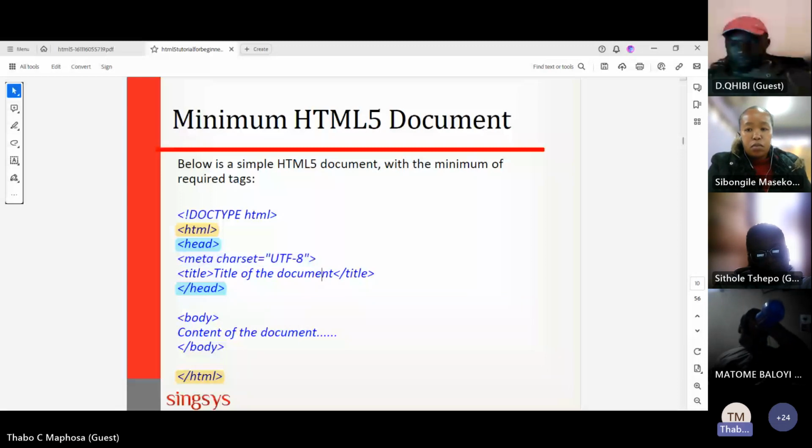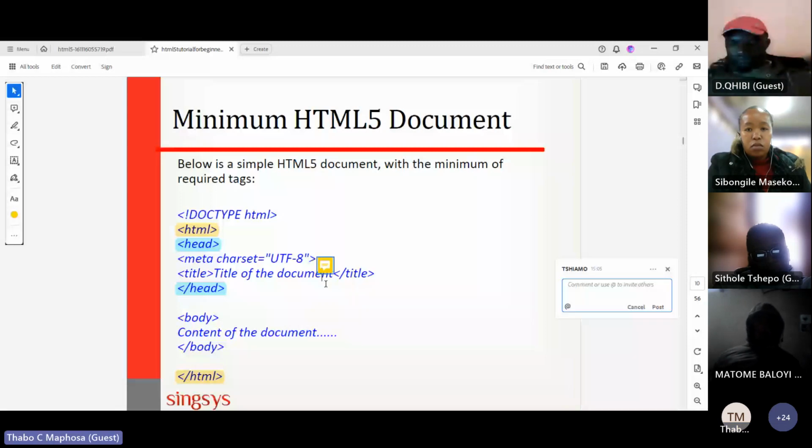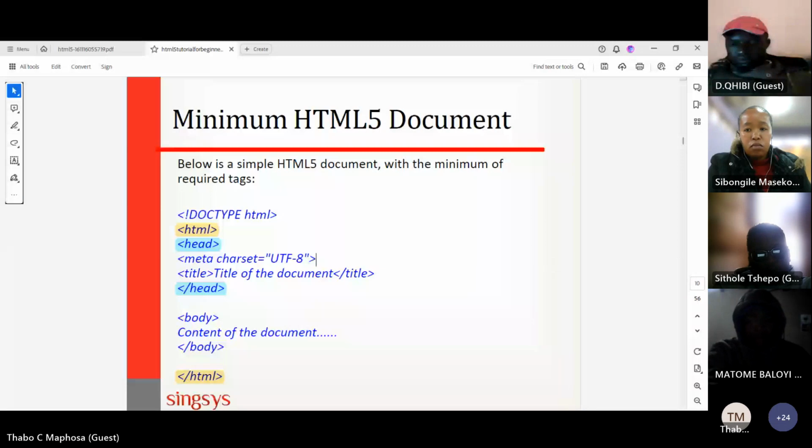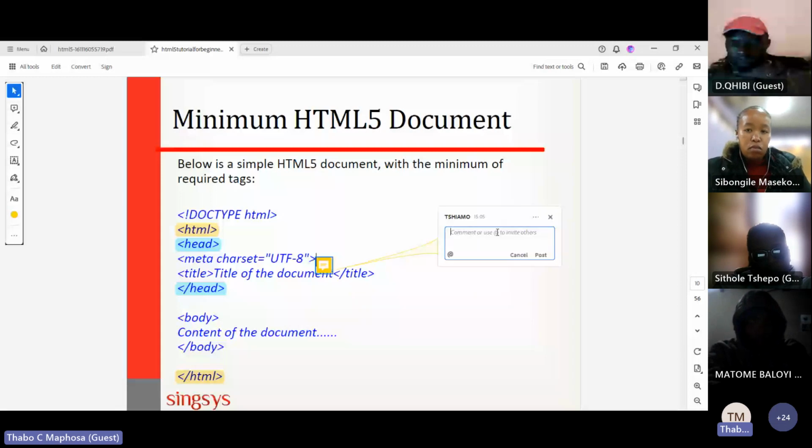I'm adding the comment in the wrong place. Okay, so now I'm going to comment on that. What does this mean? This part here, meta charset UTF-8. This simply tells the browser the type of encoding that it needs to use. In this case, it tells the machine to translate whatever has been written into human readable text.